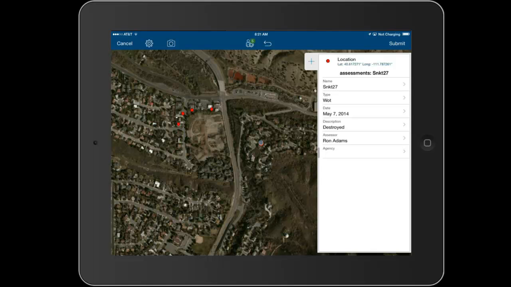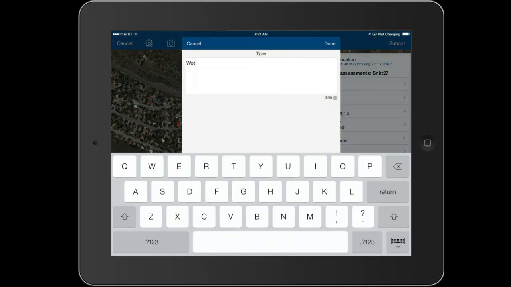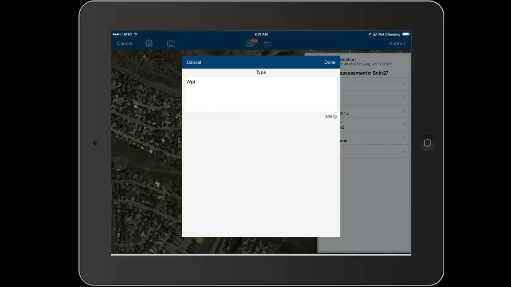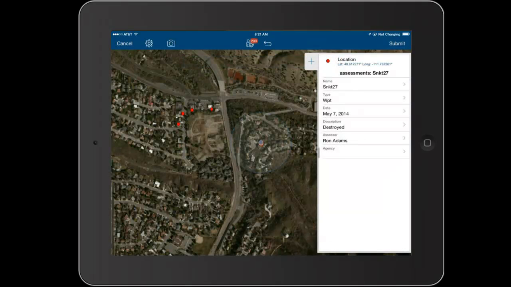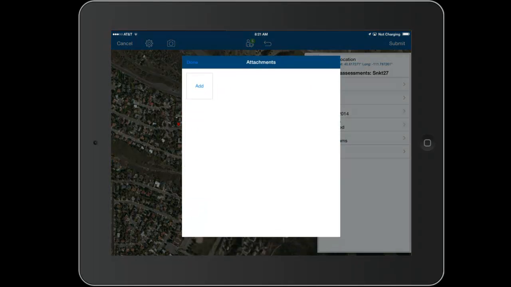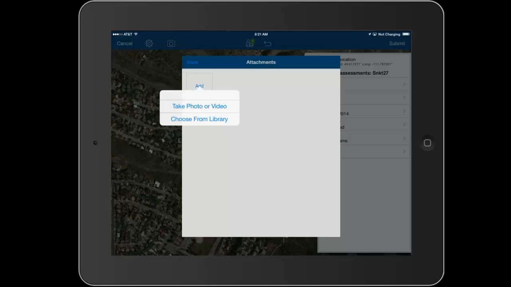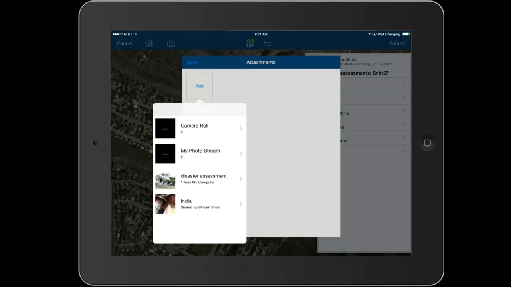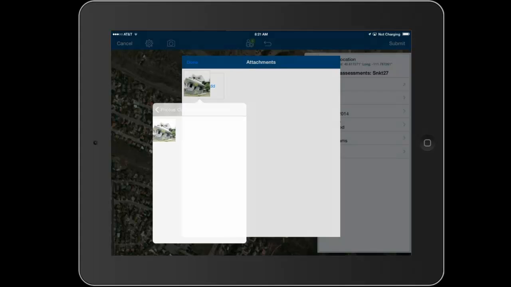Now I've noticed I've misspelt type, so I'm going to go back in. It should be WPT and correct that. We can also attach an image, so we can take a picture with our iPad and we can attach that to that particular feature, that particular home that we're assessing. So we've actually got one in our library that we're going to use, but this could be a live image